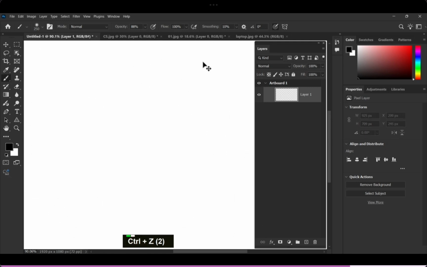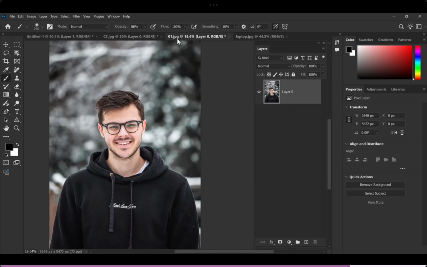So Control Z and Control Z once again. The same that we can explore with the other options, the other images. There we can apply the same feature. Lasso tool that we can select. We can randomly select the area. But this time, we are not getting the selection of the head only, but instead the defined